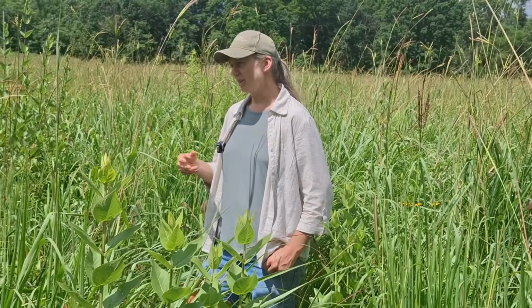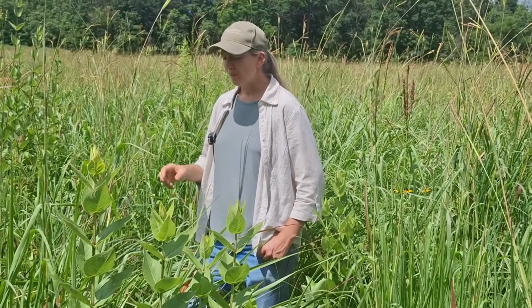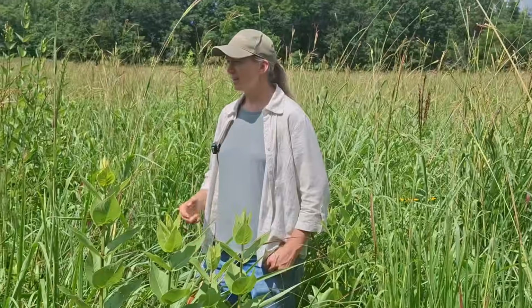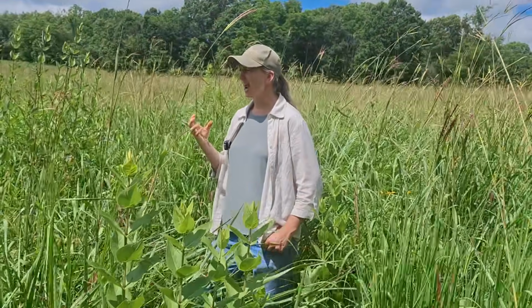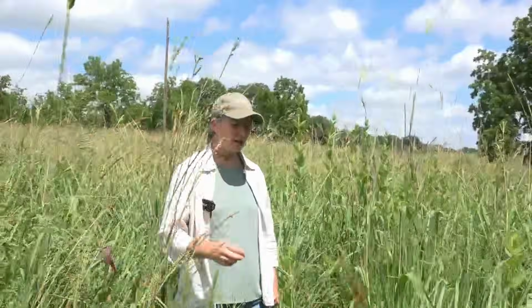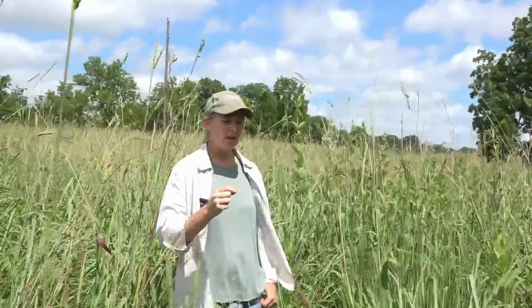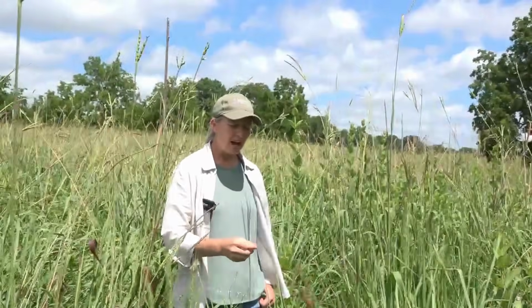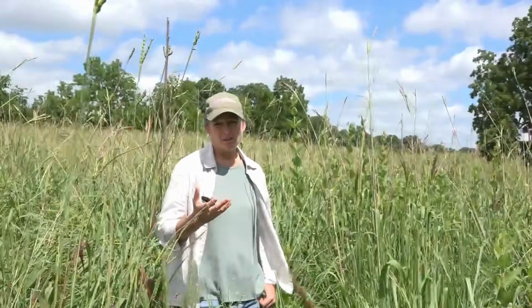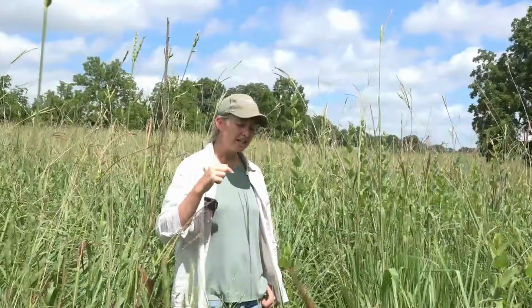Those eggs hatch out, turn into caterpillars, larvae, if you like that term better, and they feed on the Eastern Gamagrass. This is where the requirement for this plant comes from. They have to have this plant. So they lay those eggs, the caterpillars hatch out of the eggs, they proceed to consume this Eastern Gamagrass plant, and then winter's coming on. And this caterpillar at that point knows that it has to go into the ground